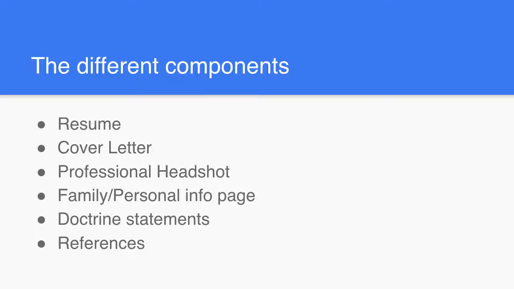This is a good spot. This might also be a good time for me to mention